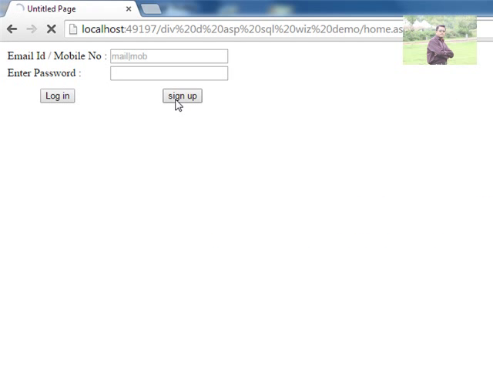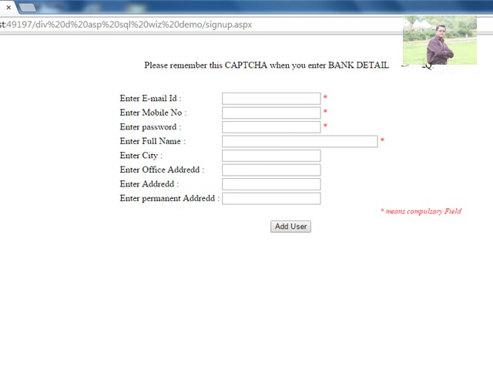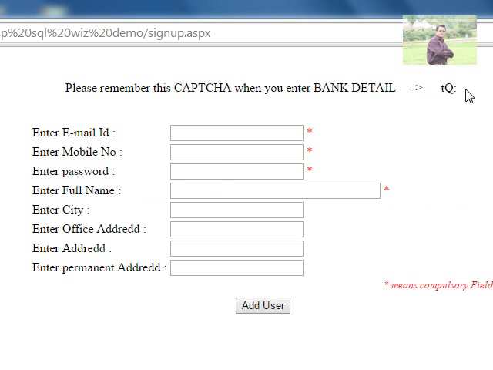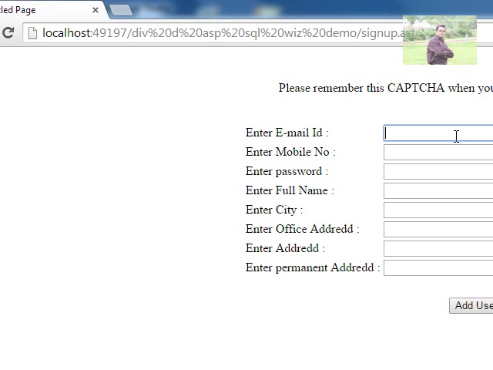We are creating a new user, one more. Now the captcha is changed because this particular captcha is generated by the computer itself. I already told you that this captcha is small t, capital Q and colon. We are creating a new user, that is